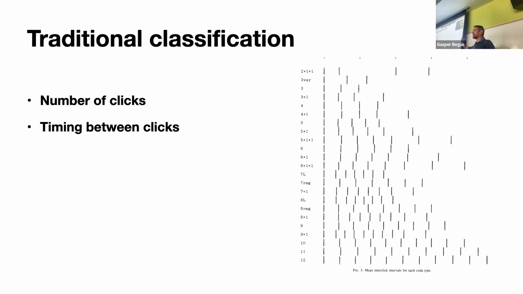The number of clicks matters, and you can have codas like click, click, click. You can have codas like click, click, click, click, or click, click, click, click, click. You get the point, right? You can have codas like eight,